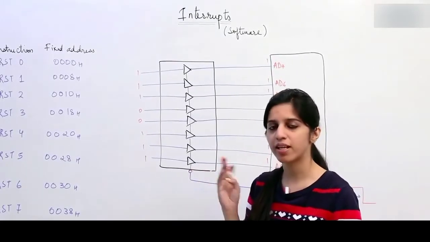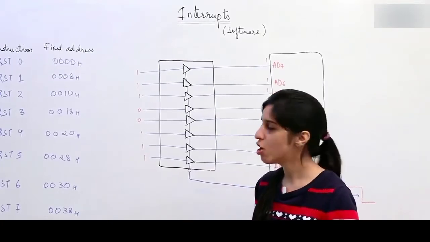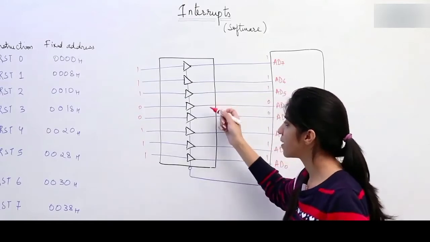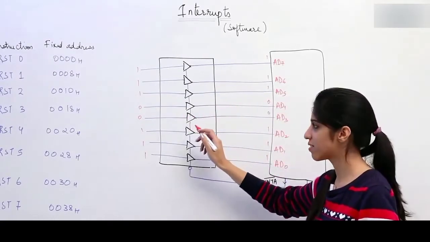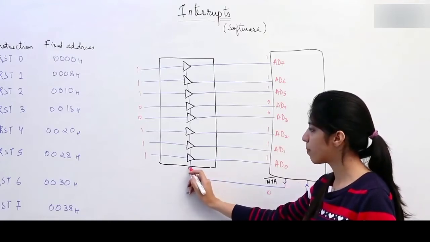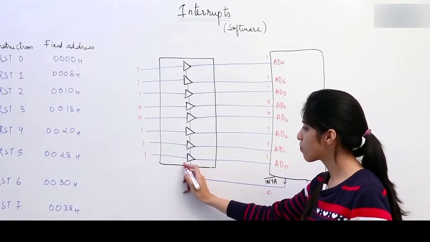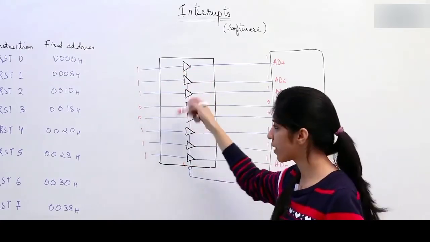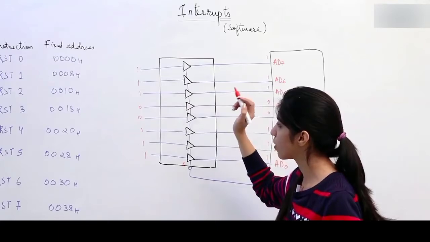They can be off, and they can be high impedance. So generally they are in the high impedance state, and nothing will be input in this gate. But as soon as this INTA bar becomes 0, and see there is a bubble here, the bubble means it becomes 1 after entering this. So all these gates become on, they get the supply and they are on.